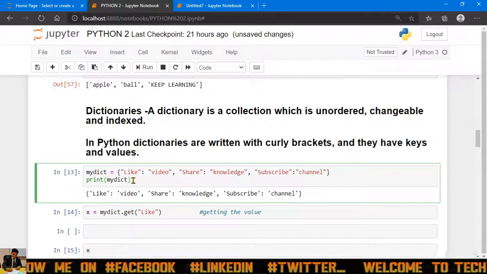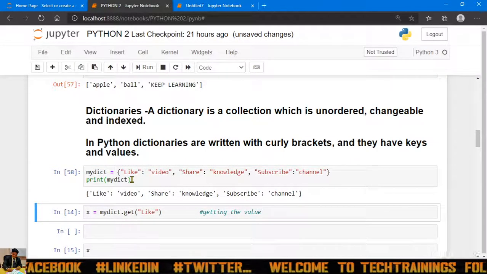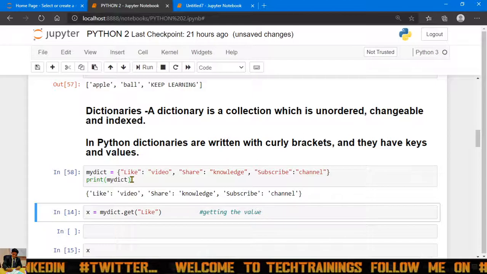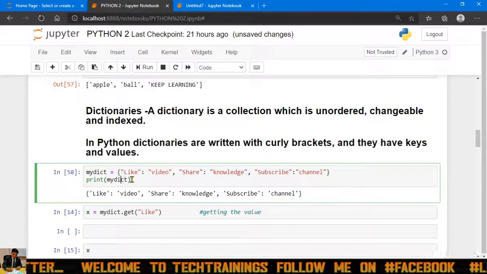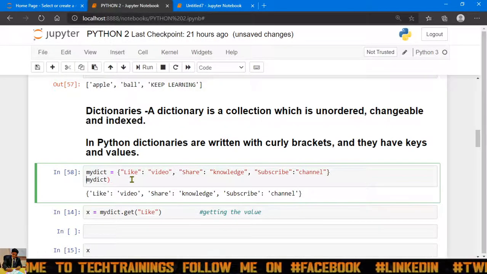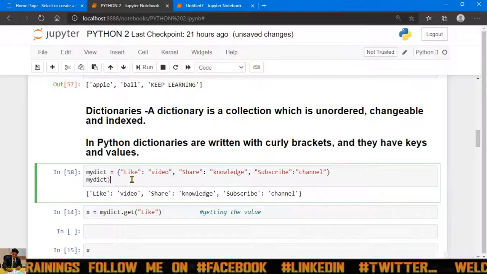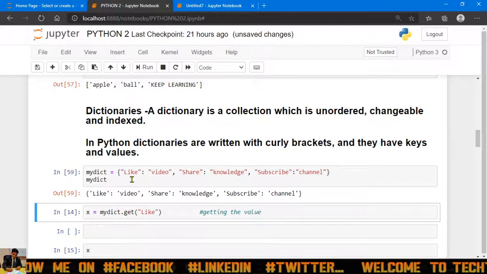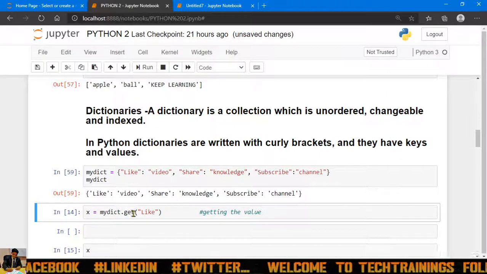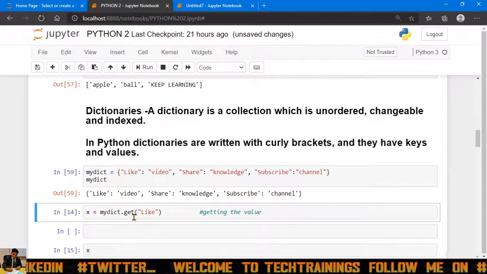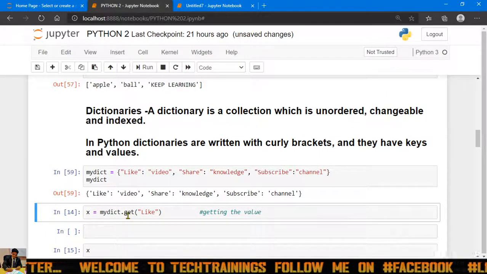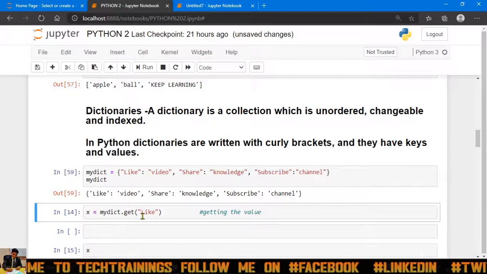To print the dictionary, same thing, print mydict, or you can just go print mydict only. It will give me the same output. Then x equals mydict.get like. Now I want to retrieve the data. Getting the data is nothing but indexing only.